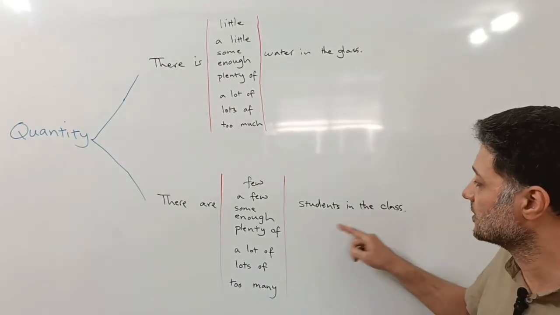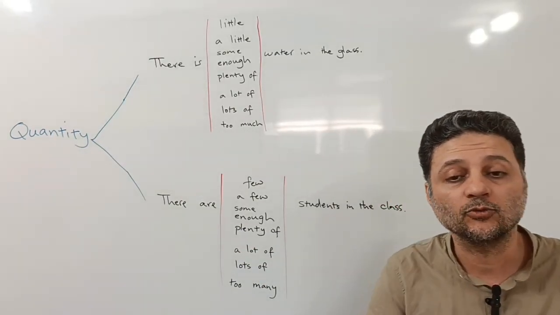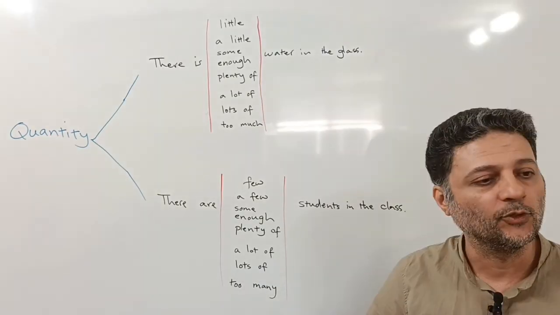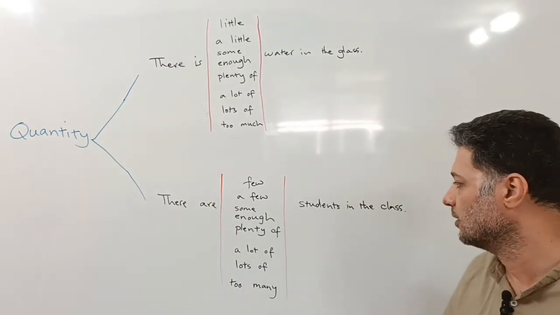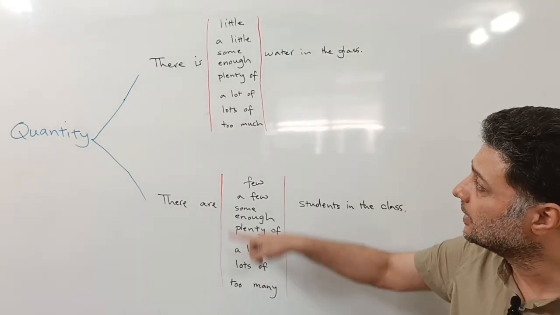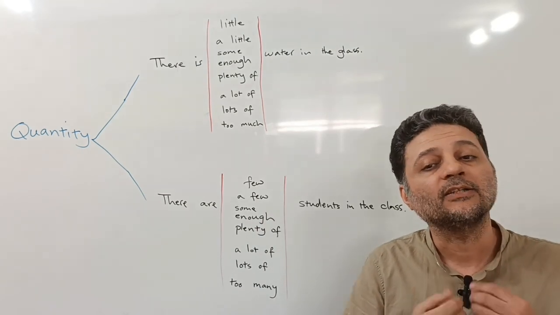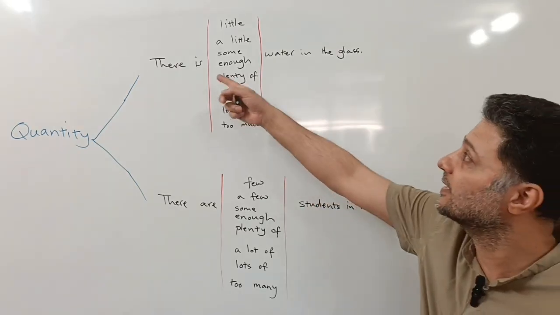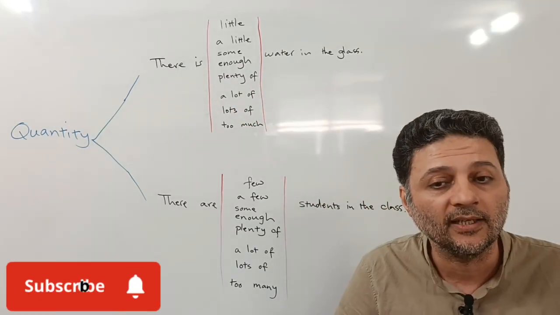So there are too many students in the class. It means that it's too crowded, all right? They have to divide the class or form a new class or a new batch for those many students, okay? So too many and too much are, again, negative, but not in the sense that there aren't any students or there isn't any water. It means that it's more than enough, actually, okay?